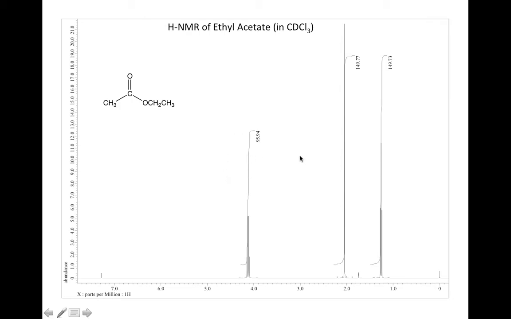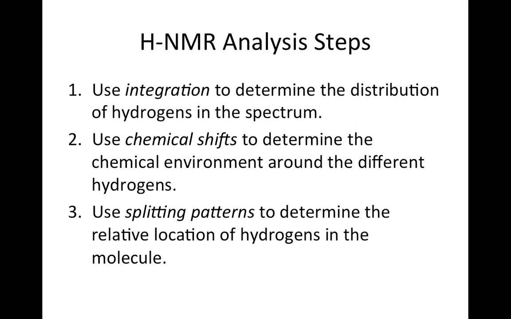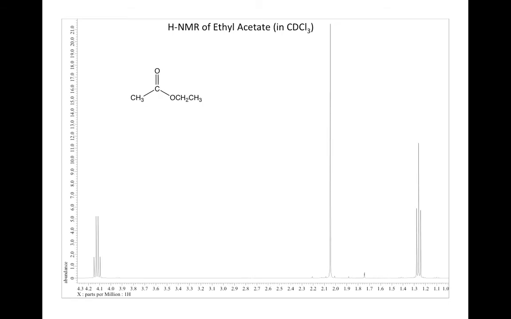Okay, so there we go. We've done the first two of our little things here. We've used the integration, we've used the chemical shifts. Finally, let's talk a little bit about the splitting patterns. The splitting patterns are the ones that I think give students the most trouble in analyzing the proton NMR. We'll spend a lot of time in class talking about those, but I kind of wanted to look at those